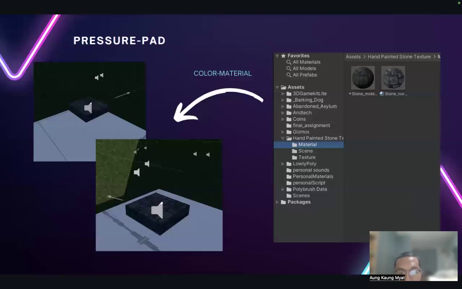One pressure bed will make the existing exit point disappear, which is like creating a path or removing an obstacle for the player. And finally, by activating the other pressure bed, one of the walls in the maze will vanish, providing the player with a new path to progress. And that's how my part works in our maze game.